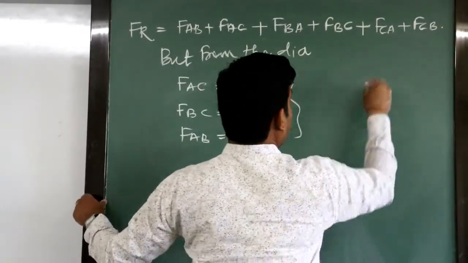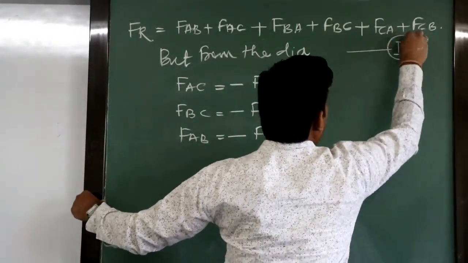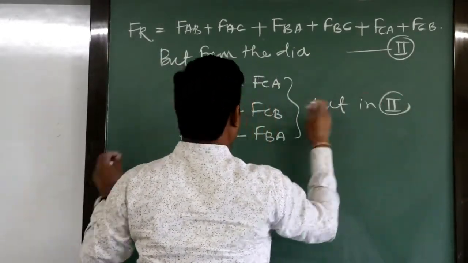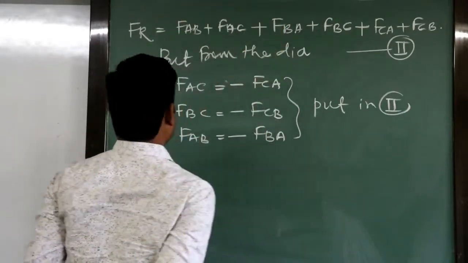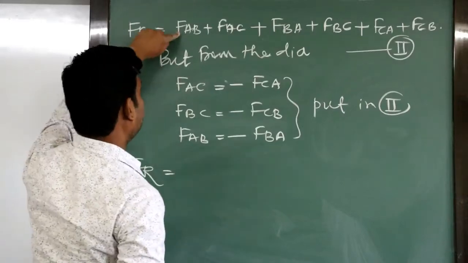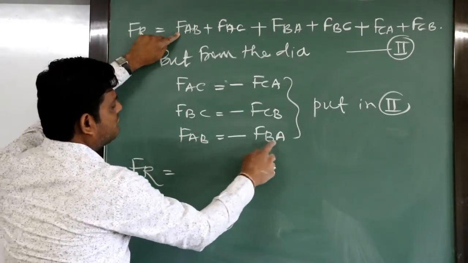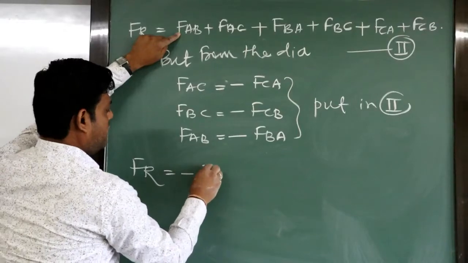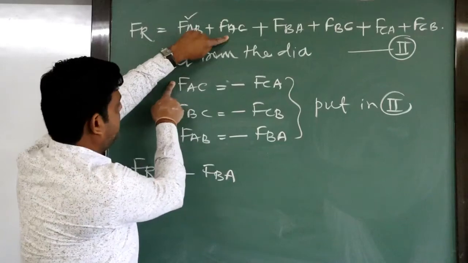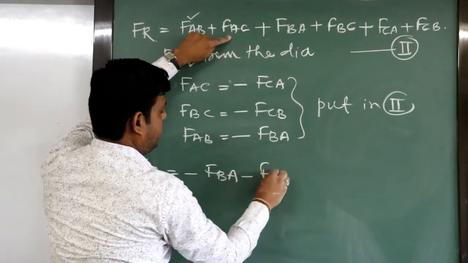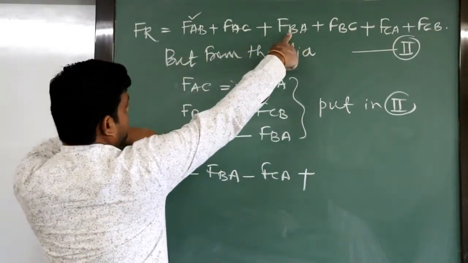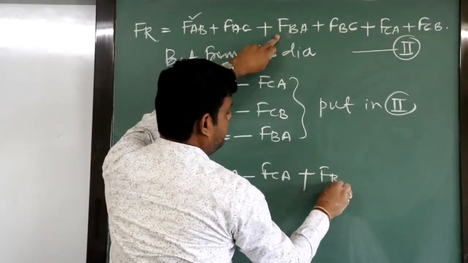Equation number, suppose we will write, it is the second equation. Put all these values in the second. So FR equal to FAC plus FAB. So FAB equal to, we can write, minus of FBA, correct? Completed. FAC equal to what? Minus of FCA plus, what is FBA? FBA remains as it is, FBA